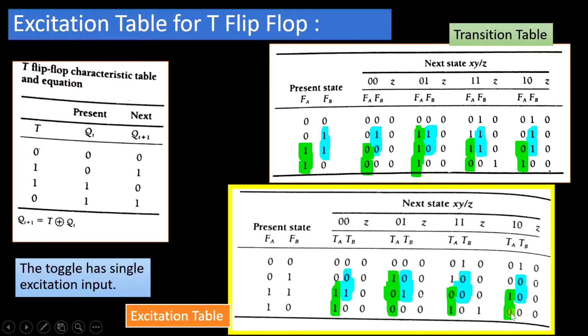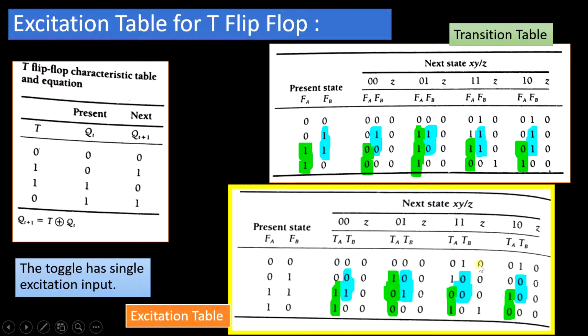In this case, for TA, the first flip-flop, I have only looked into FA, the present state where it was equal to logic 1, because in the T flip-flop the output will change only when the input is equal to logic 1. In a similar manner, if I have to compare the present state and the next state for the second flip-flop, that is TB, I have to look for FB wherein I have a logic 1. That is highlighted in the blue color. So if you see here, you have 1, 1. So that is why 1, 0 will be changed to 0, 1, 1, 0 to 0, 1, 1, 1 to 0, 0, 1, 1 to 0, 0.